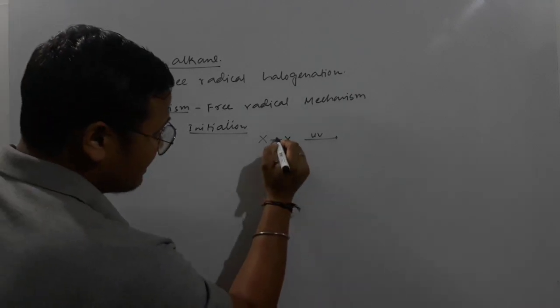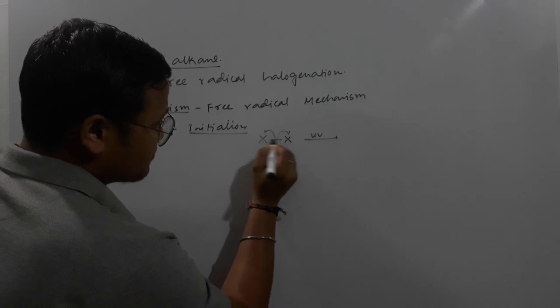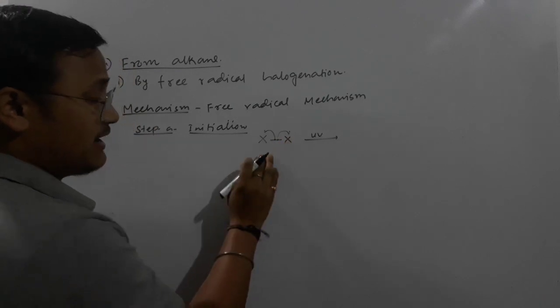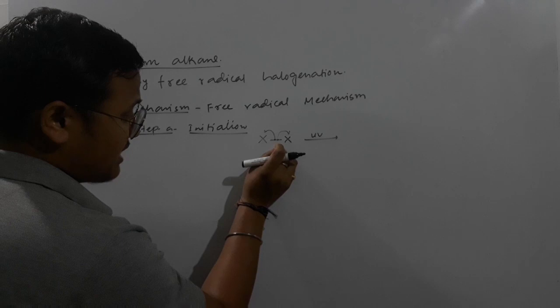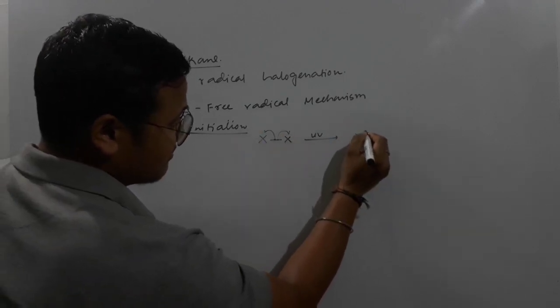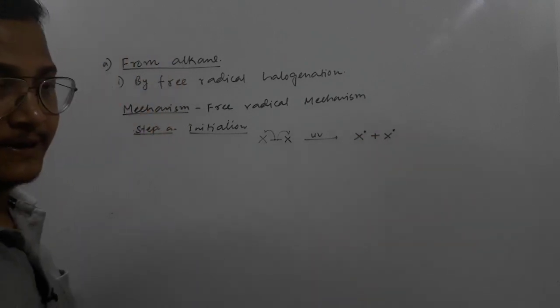The bond will break in the middle of the bond. As we know, in this bond 2 electrons are there, right? Both halogens are providing one electron to form their bond, isn't it? Once they undergo homolytic bond cleavage, they will get back their electron and they will form two halogen free radicals. Clear?